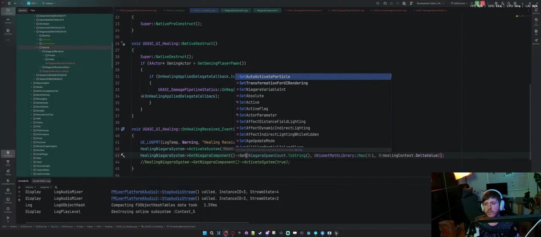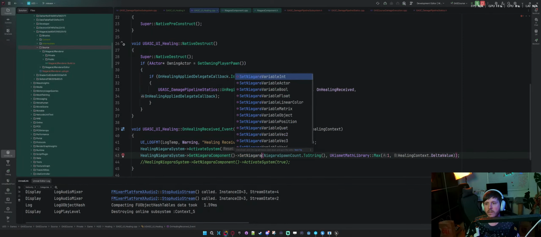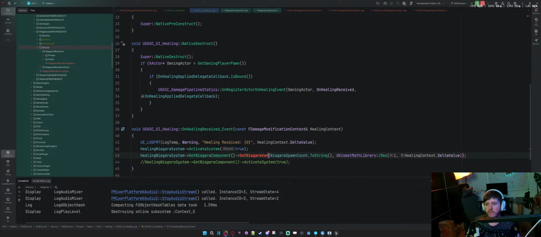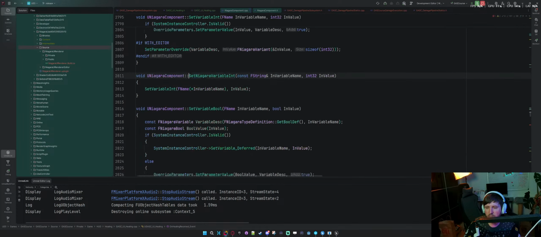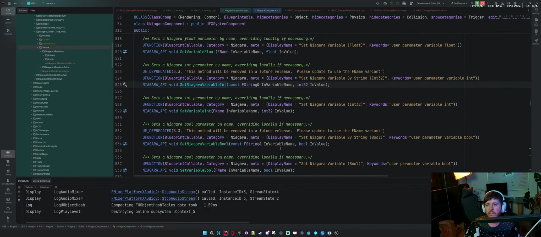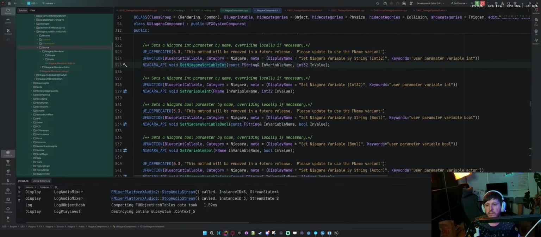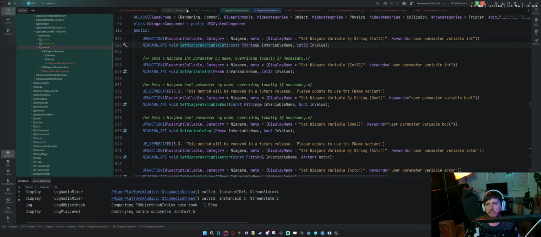Okay. So there's the set Niagara variable, and well, it seems like it's just that one. Or is it just set variable int?